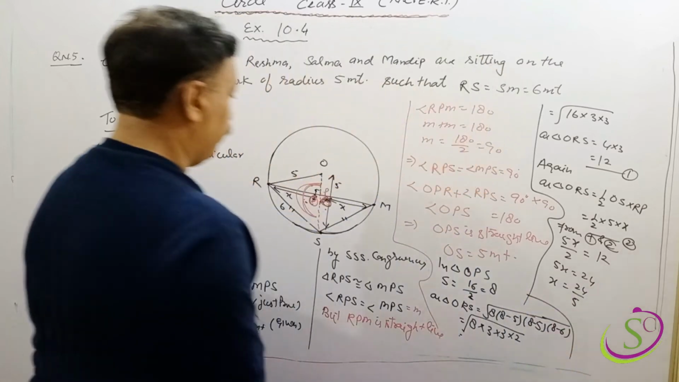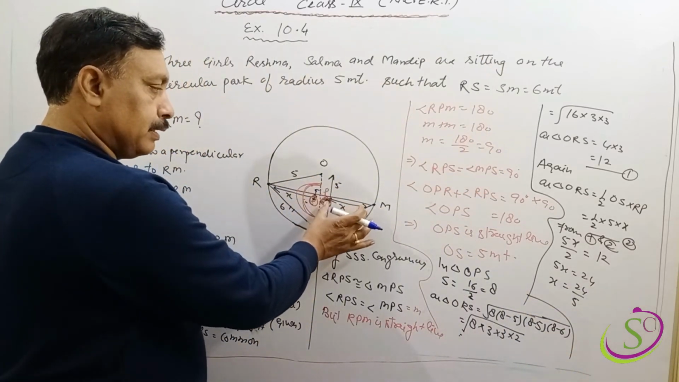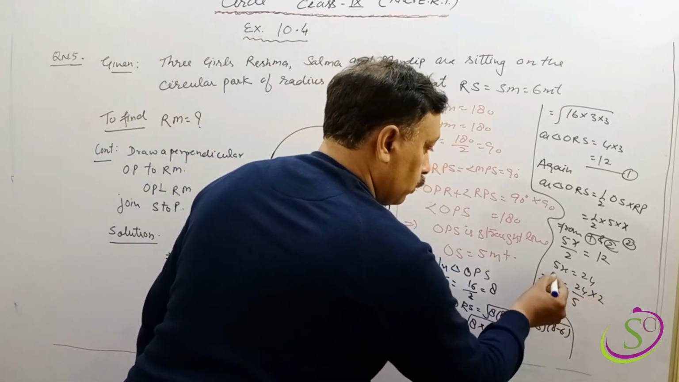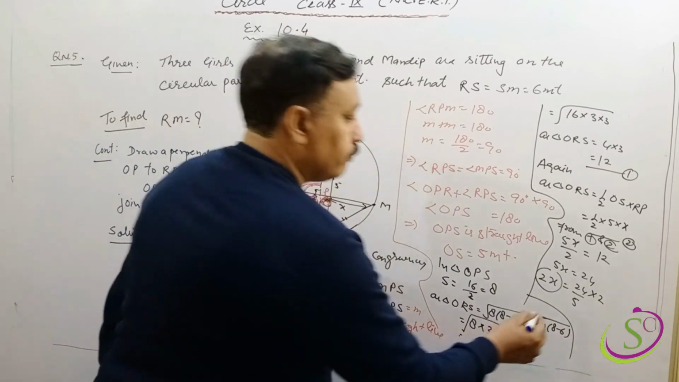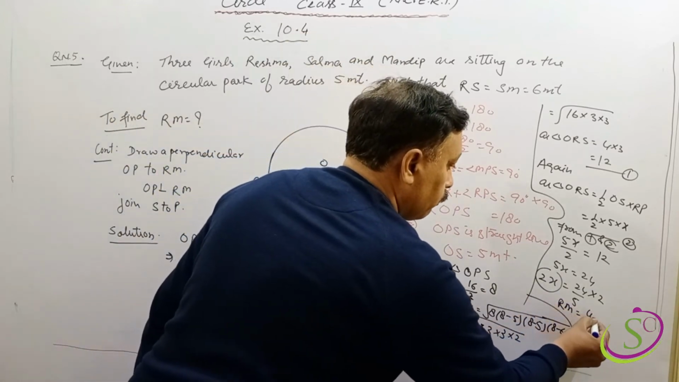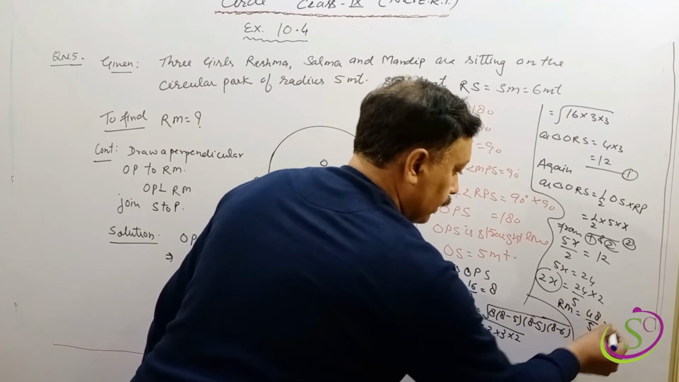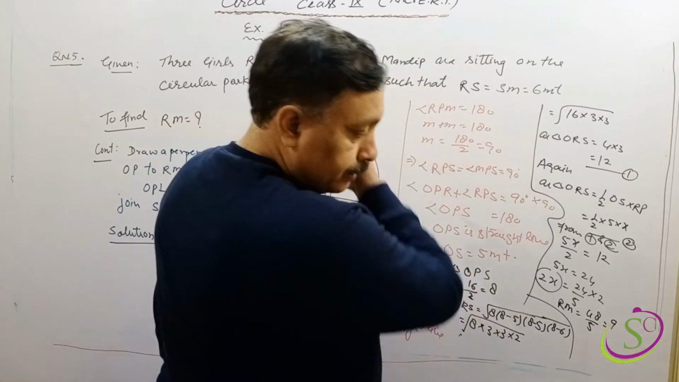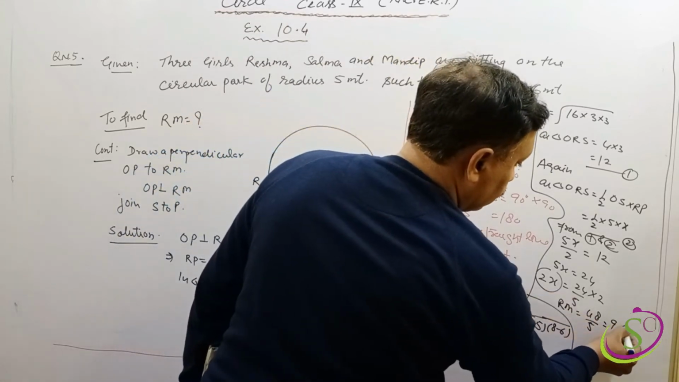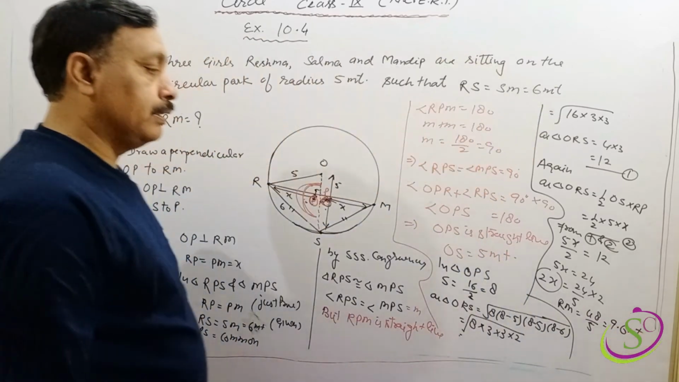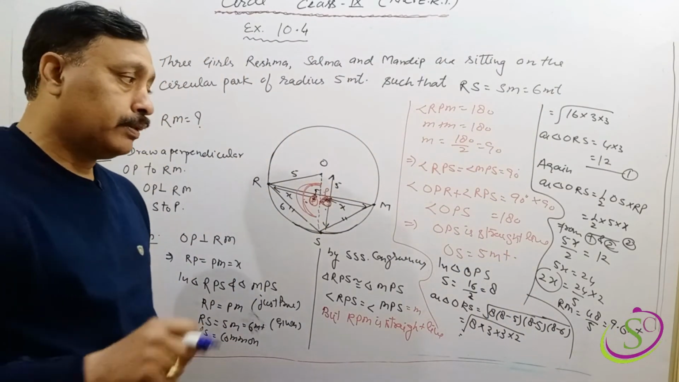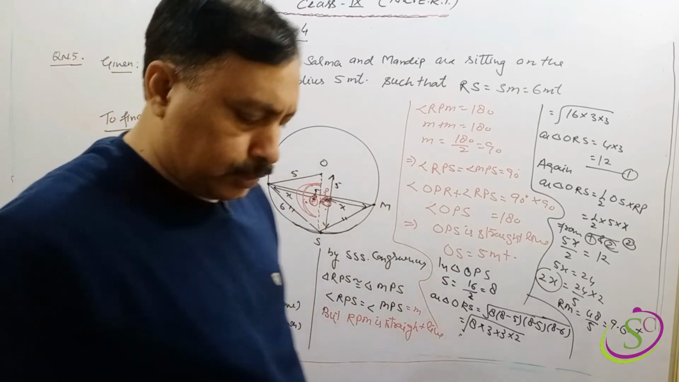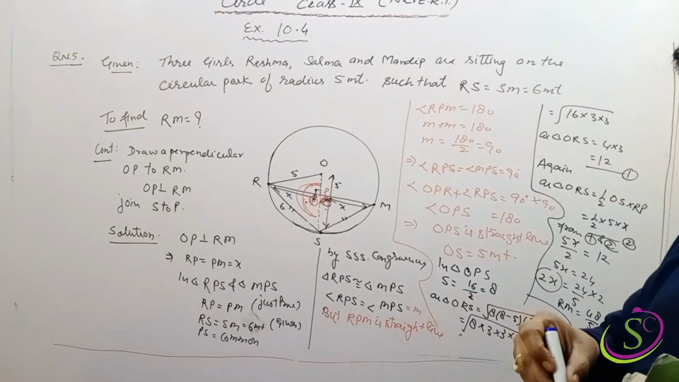Clear? Dear, x is this and x is this. If we multiply this by 2, so 2x is Rm. So Rm equal to 48 upon 5, and 48 upon 5 is 9 point 6 meter. Means distance between the Resma and Mandir is 9.6 meter. Is it clear? एक बार और देख लीजिए इसको।